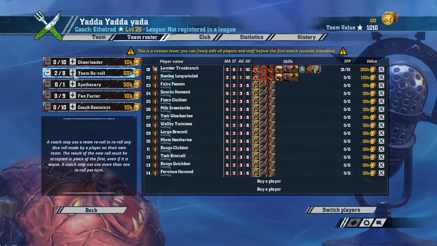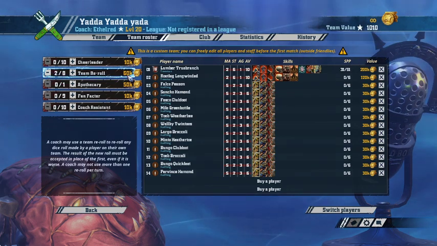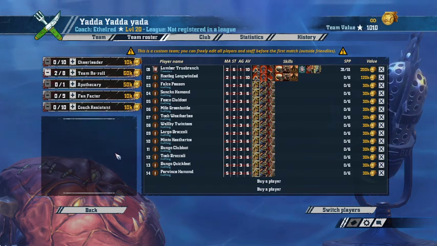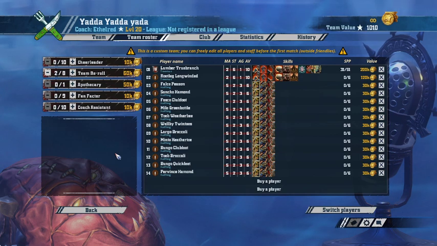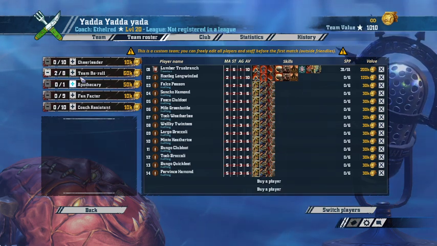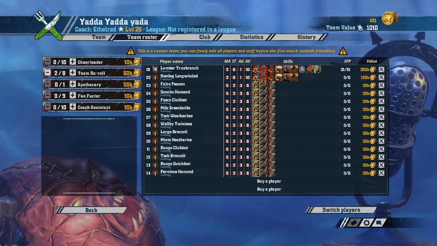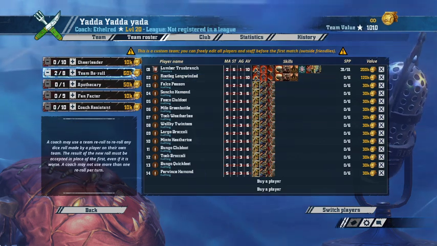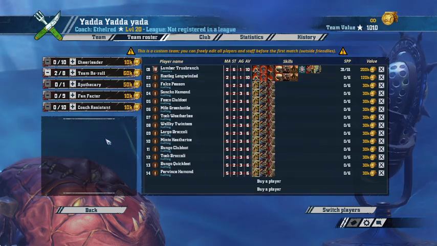So 8 take away 2 is 6. So 6 times 6 is 360, and that more than covers the inducements I've got to spend on this team. So that's the only equation you have to check, is that the number of rerolls you're sending back to the game, as it were, covers your inducement. So just to be on the super safe side,